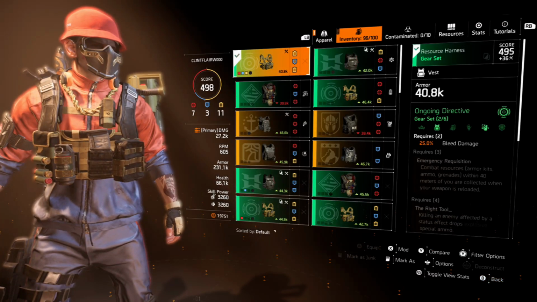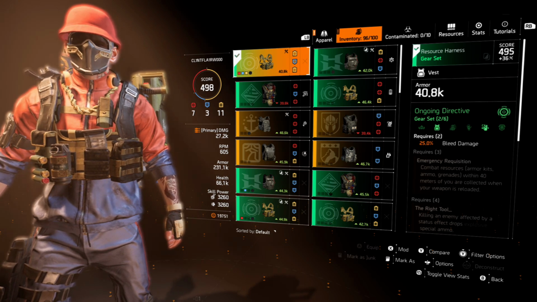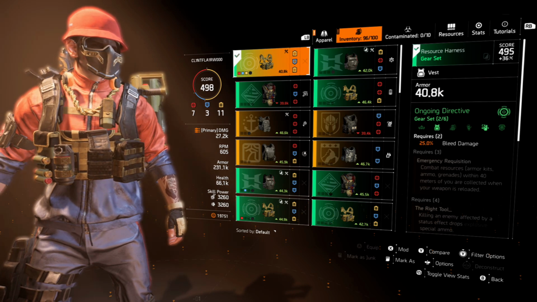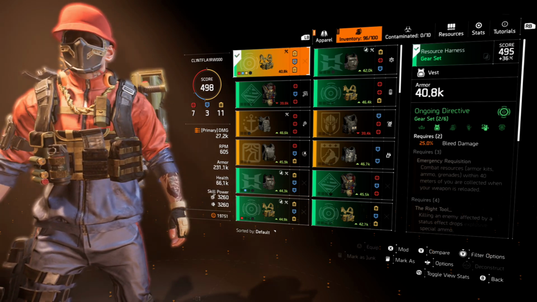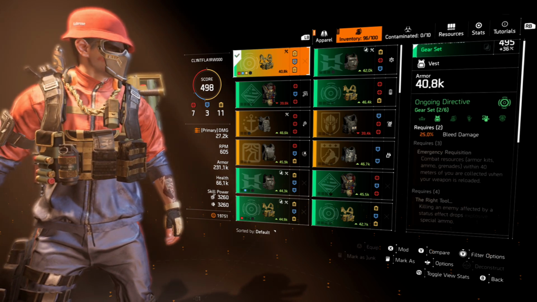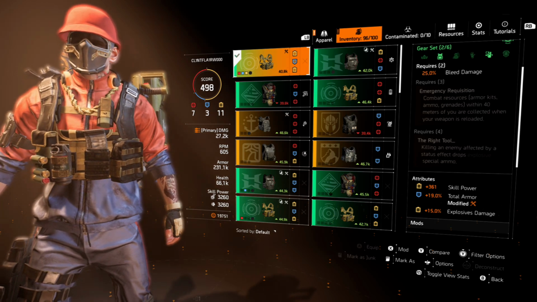The chest piece. This is my first 2 of ongoing directive, and I'm rolling with a 2-piece for the simple reason is that 25% bleed damage, which synergizes perfectly with my skills. Now with this chest piece, this is a pre-TU6 chest piece, because take a look at this. It has the attributes